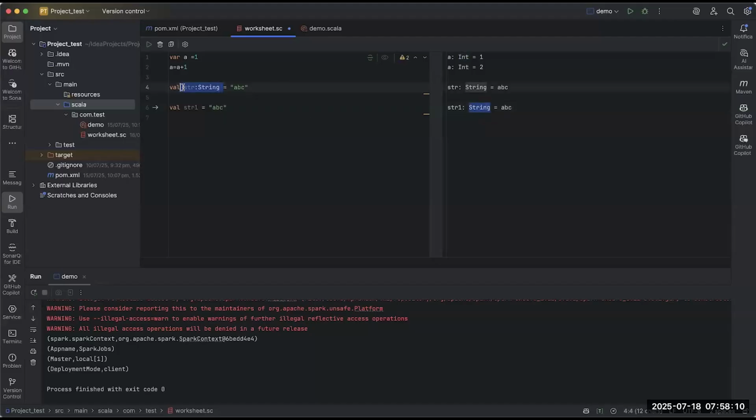You can define it also if you want. If you don't define it, it will automatically try to understand what the data type is. But in production and all, we try to define the data type also, though not necessarily.